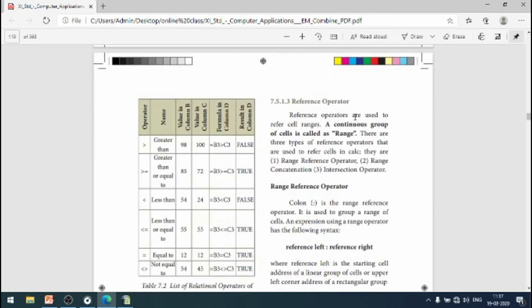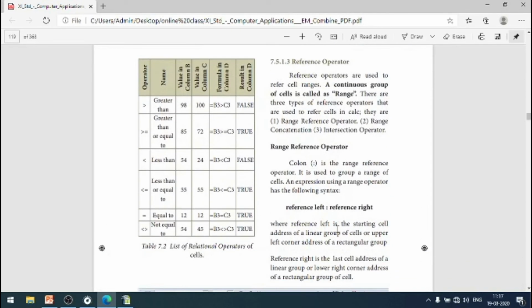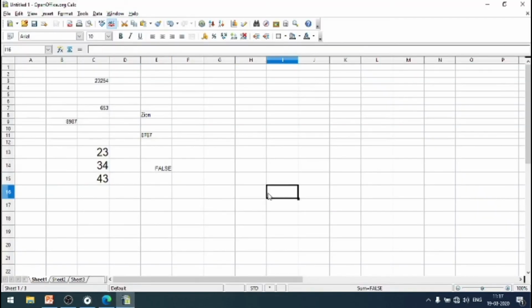So next, reference operator. The colon is a reference operator. Now I am going to add the values C13 to C15 using the reference operator with SUM. So equal to SUM, within the bracket C13 colon C15, close.